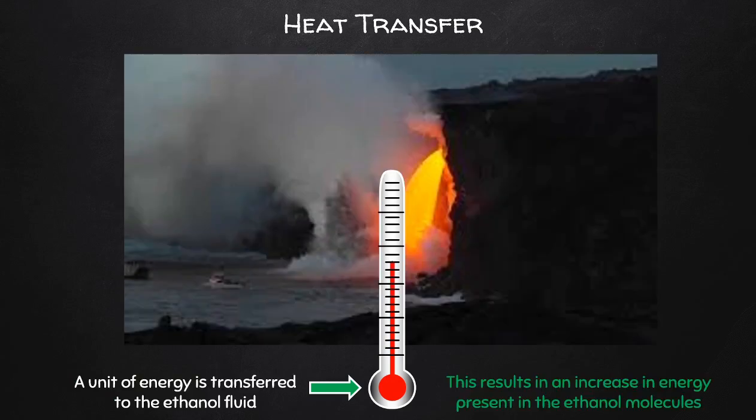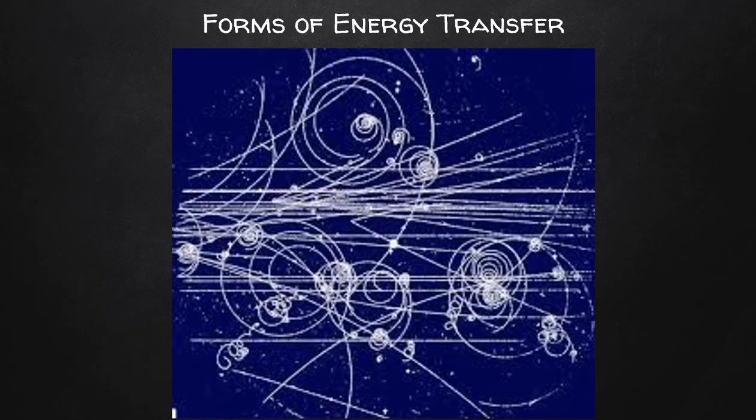And we know that this transfer relates to an increase in the volume, and that this increase is due to the increase in kinetic energy of the particles that make up this fluid in question. In essence, heat is just one of many forms that energy can take on, and it is helpful to understand what other forms of energy